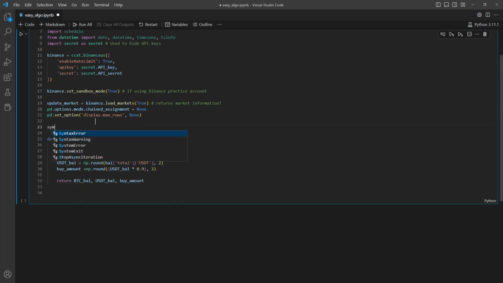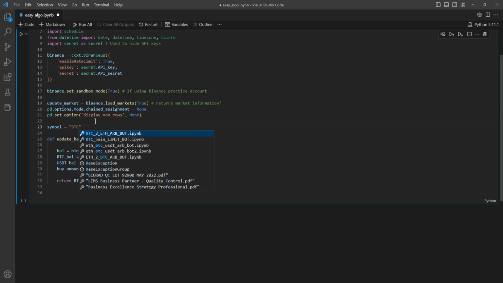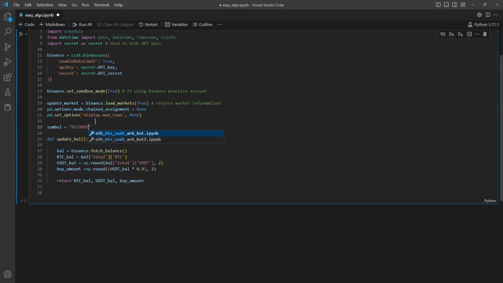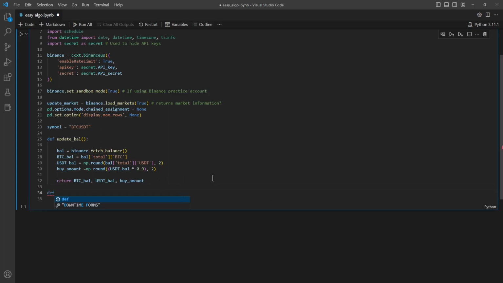symbol, and we will define this as, for me, my BTC USDT trading pair. That'll just make it easier in later functions to call in that symbol, so I won't have to type that out every time. So we'll start off with defining our function of update order book,